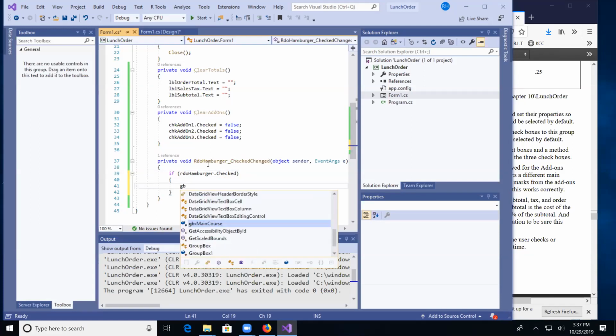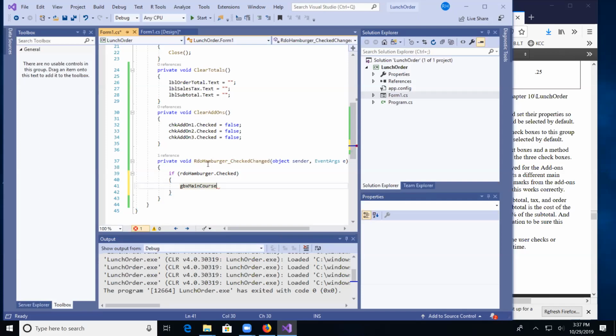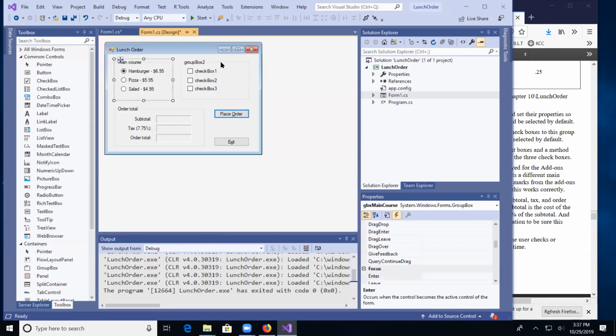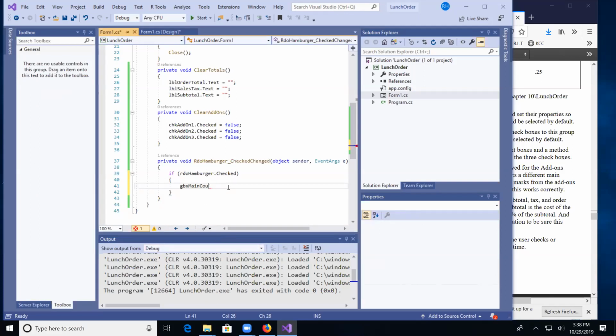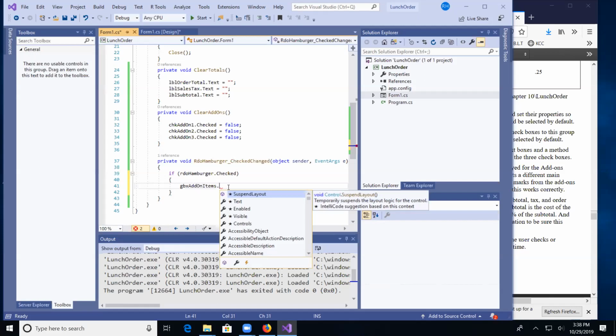I'm going to say that the GBX, yeah, okay, oh, wait a minute. No, I don't want that. What's this group box called? I do want to name it something better, like GRP or GBX, I don't know. Add on items. How's that? All right. So now when I go back here, I want this to not be, GBX add-on items dot text